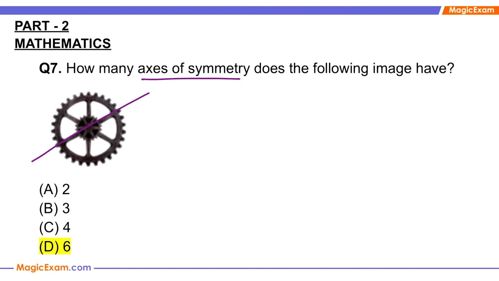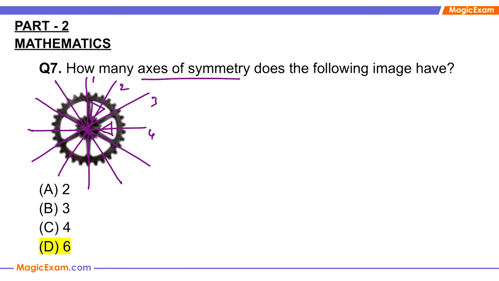Therefore, this is one axis of symmetry. There can be another axis of symmetry from here, then there can be another axis of symmetry, and if you look at this part, it looks like a triangle, and all of these in fact look like triangles, which means that we can draw a line exactly through the middle of this triangle, and that will also be an axis of symmetry. Therefore, if we draw similar lines like this, then we see that we have eventually drawn 1,